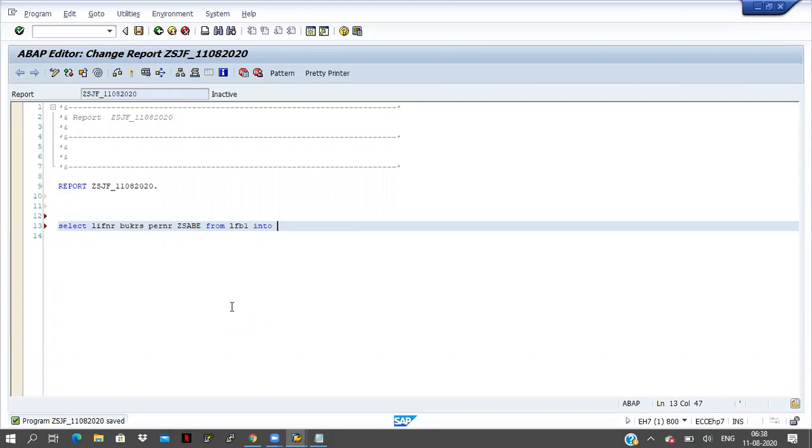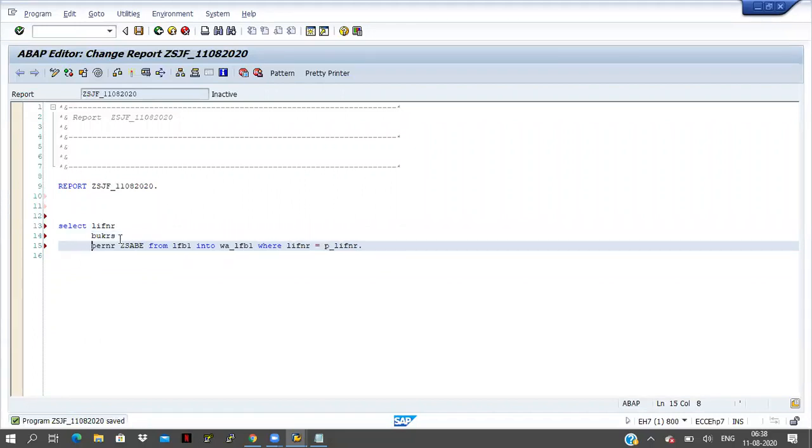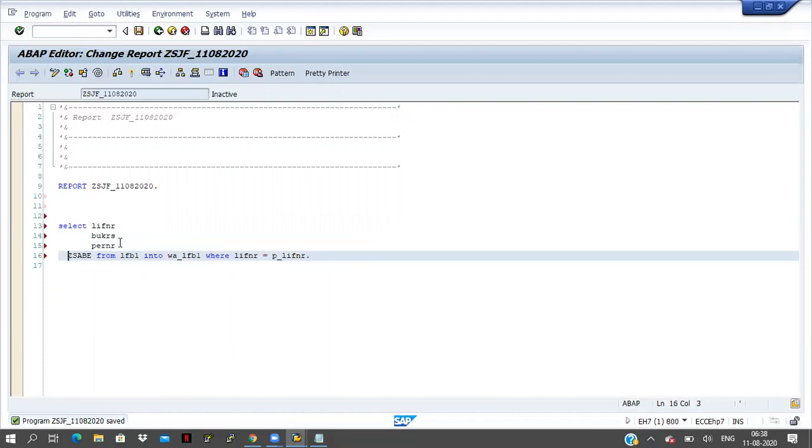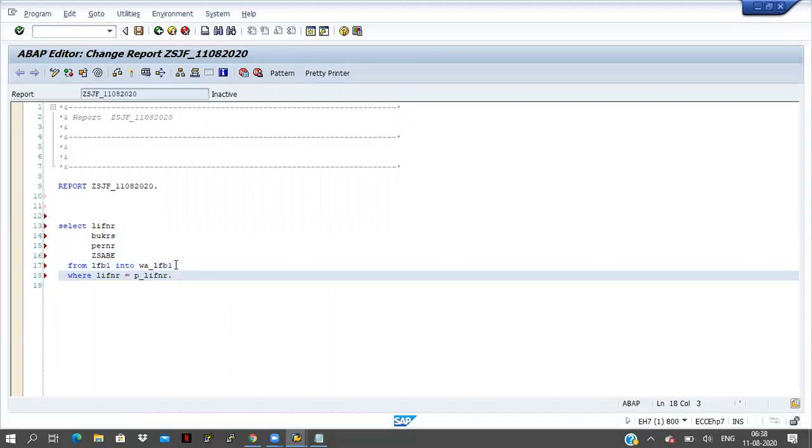So I am going for a work area, into work area LFB1, and where Lifnr is equal to p_lifnr. If you want to align the code, you can align it like this.